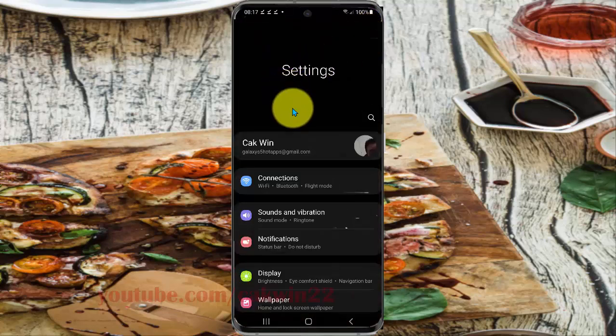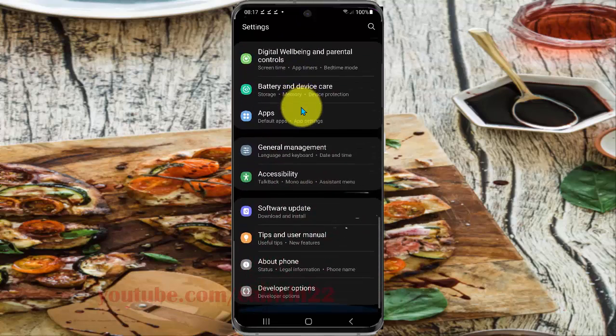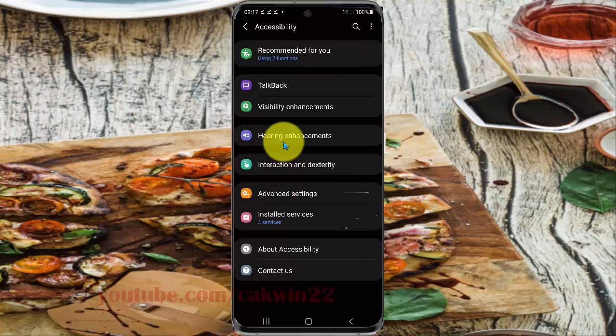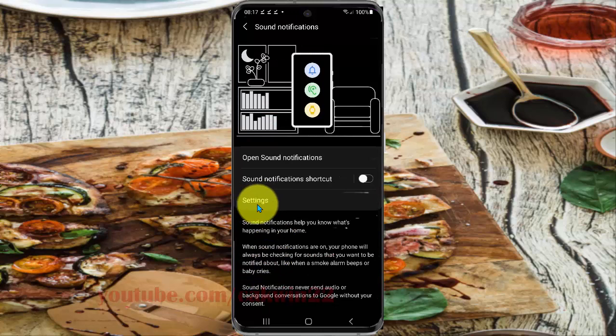Scroll down settings screen, find accessibility, and then tap accessibility. Tap hearing enhancements, and then tap show notifications. Select settings,